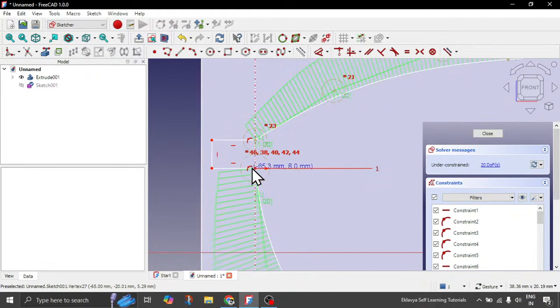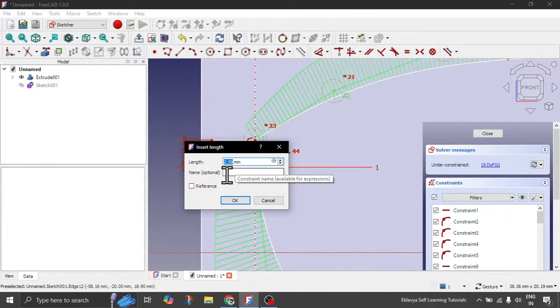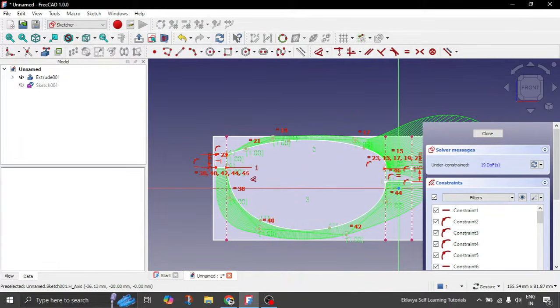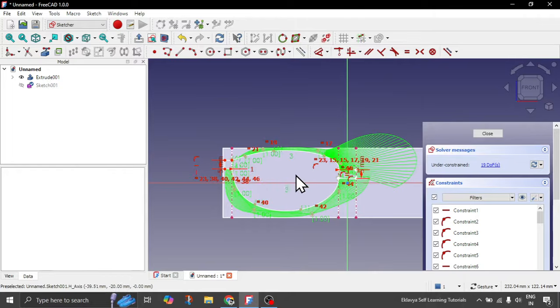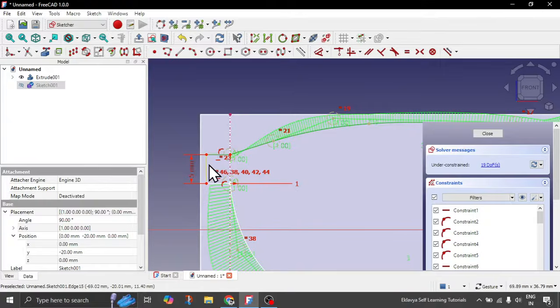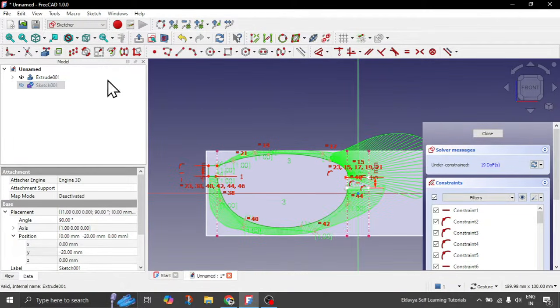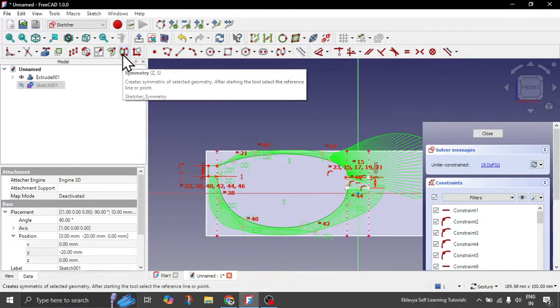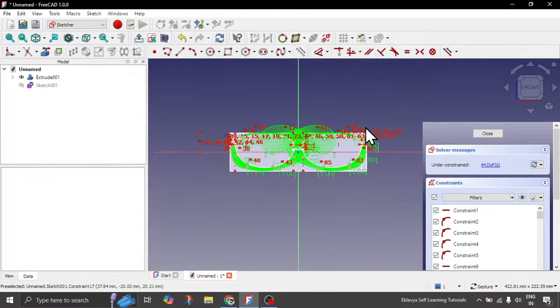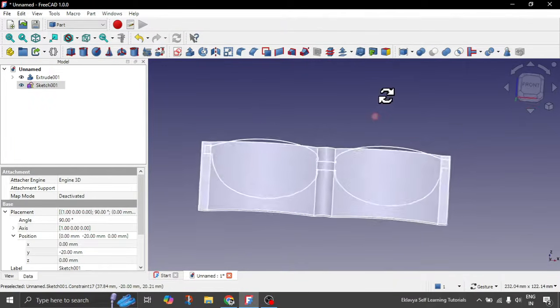This length we can reduce. Like this should be also 5 mm, not more than that. This much is fine. The profile looks good. Now what we'll do is let's mirror this. Click on this segments, all the segments here by holding control key, right? This much. Click on this symmetry option, select your vertical axis, and you can see bingo, you have your sketch on the second side also,